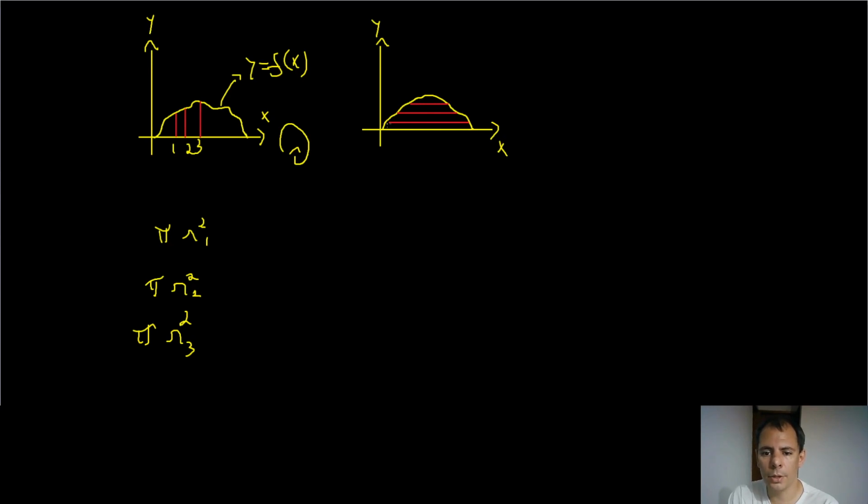So how are you going to do this? Well, you're going to get this length right here, okay? And you're going to do 2 pi times this distance here, the distance from this horizontal bar to the x-axis, which is just going to be y. And then you want,